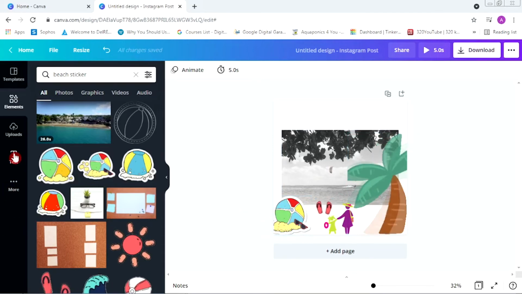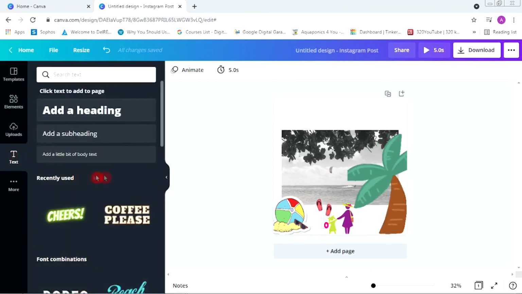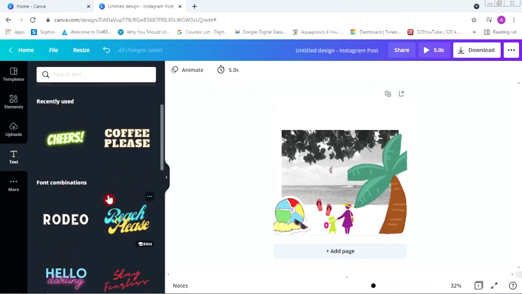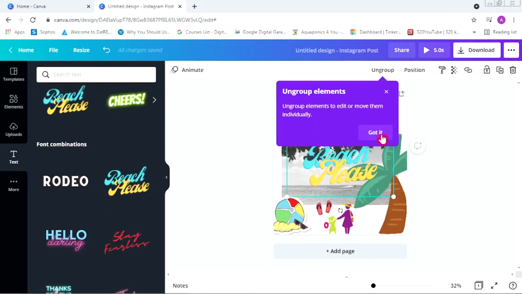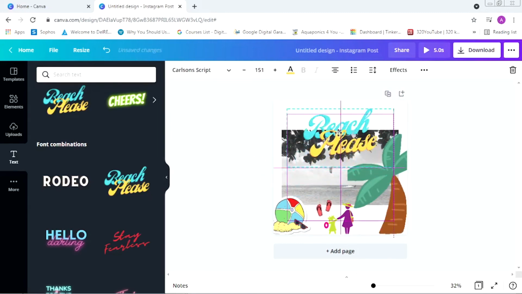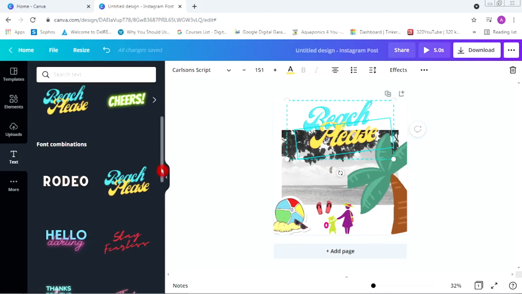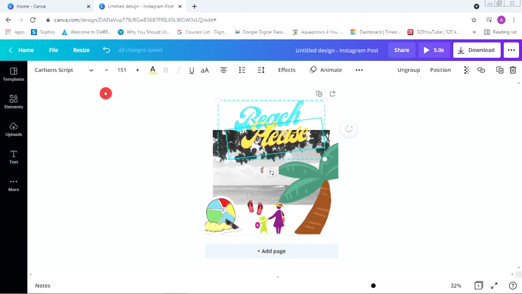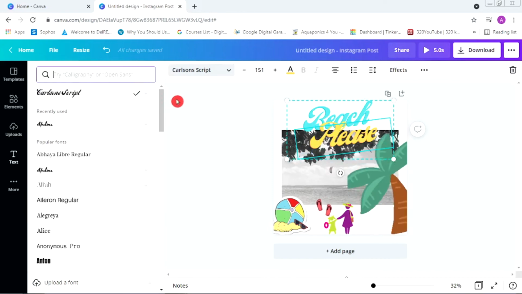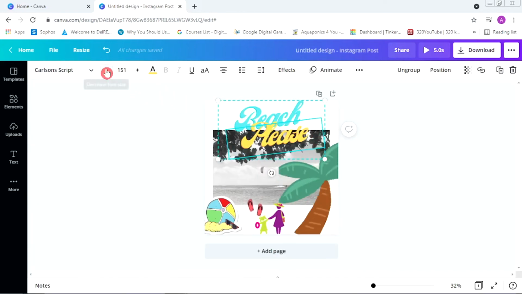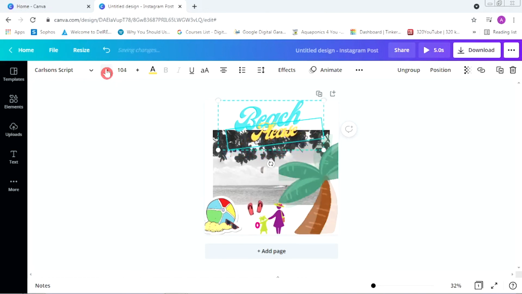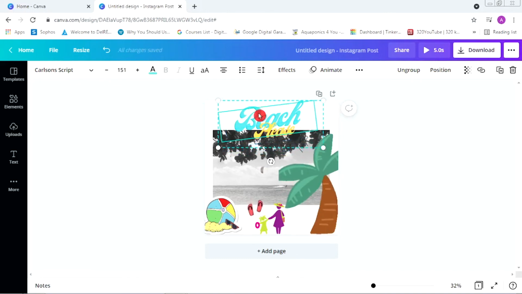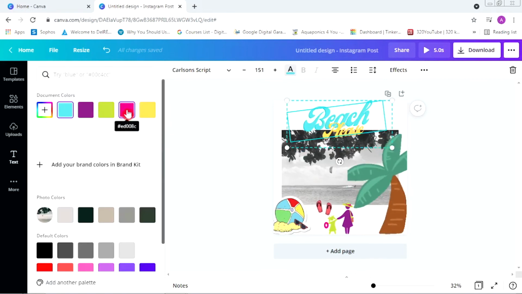Now let's go to the next tab, text, and add some text element to it. Let's say I select this text, I'll single click and this text will be added. Now once the text is added, I can edit the text, that is I can change the font from here. I can change the font size of the selected text, and I can change the font color or the text color. Let's say I do it pink.